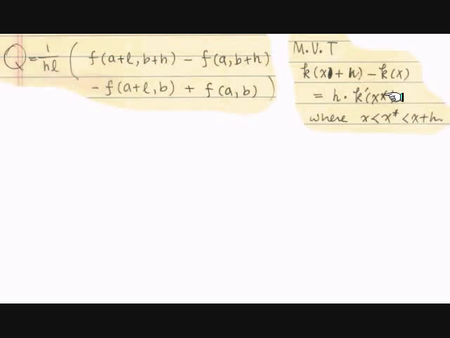But this x star was supposed to be different from the earlier one because it depends on b plus h, and the second line depends on b. So it's going to be different. And it was very difficult to get rid of this difference, x star there, maybe x hat there. They're different values. So here's the following trick that really takes care of it, and I hope you appreciate this